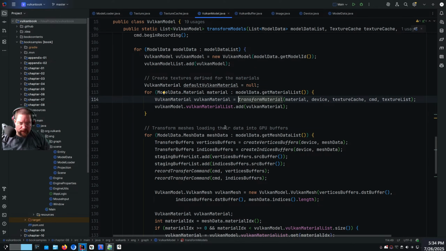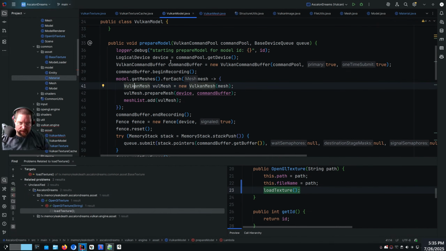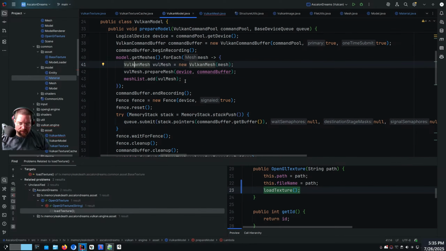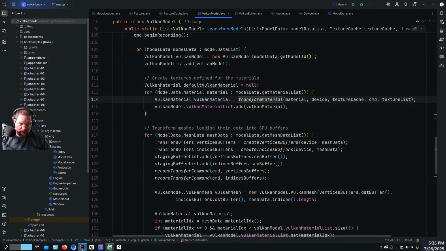Vulkan material equals transform material. Vulkan model, Vulkan material list, add Vulkan material. So that's in Vulkan model. I think my Vulkan model just calls Vulkan mesh, prepare mesh. Yeah. So if that's the case,